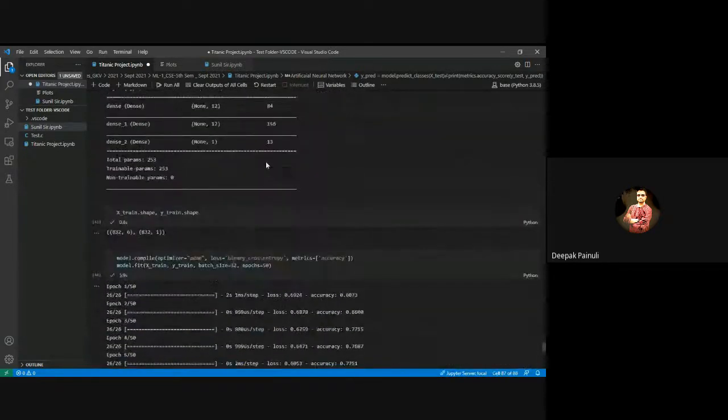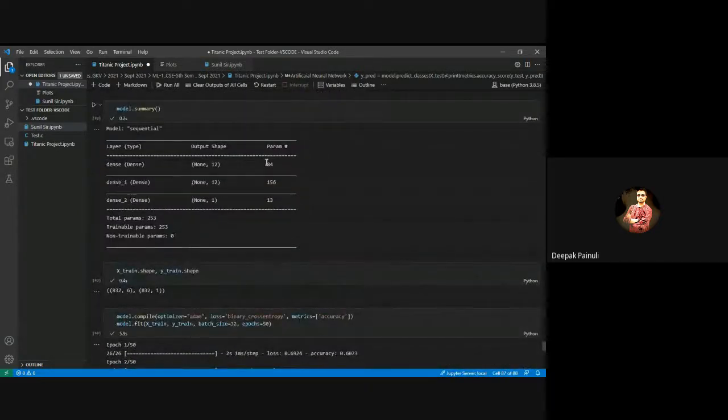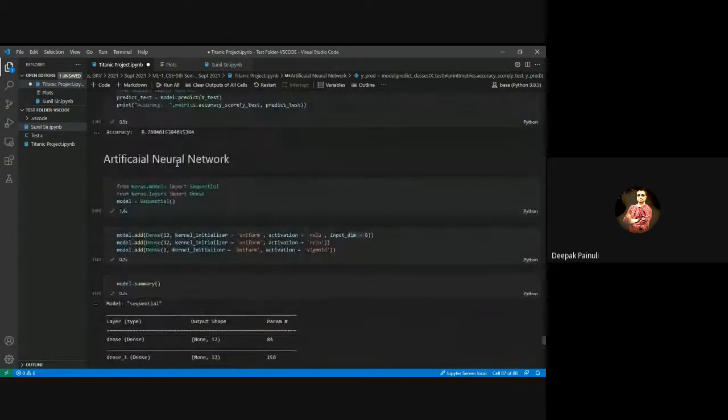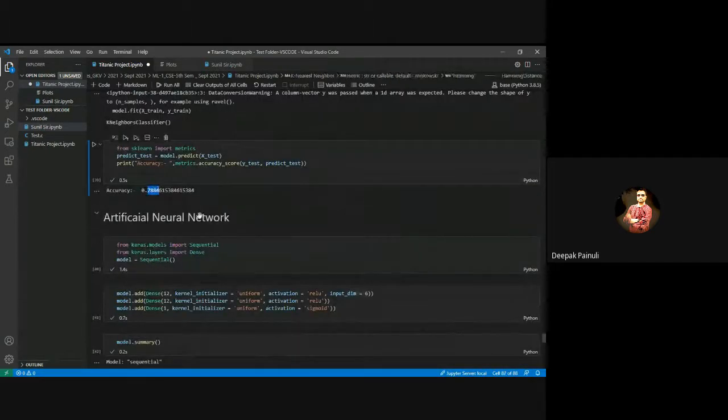So after applying these many classifiers, you found that K nearest neighbor has given you the highest accuracy, right? Testing accuracy, it is testing accuracy. We are not talking about training; maybe training accuracy was 90%, 92%, 93%, but at the time of testing it is giving the maximum. So this is how we evaluate our models. We just apply different models to our data set. Whichever model gives the best accuracy, we will select that model to use in real time.